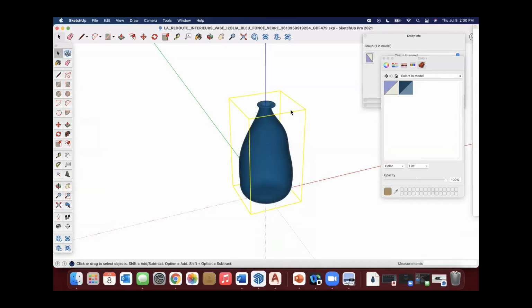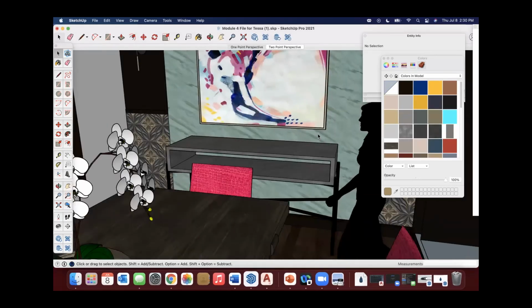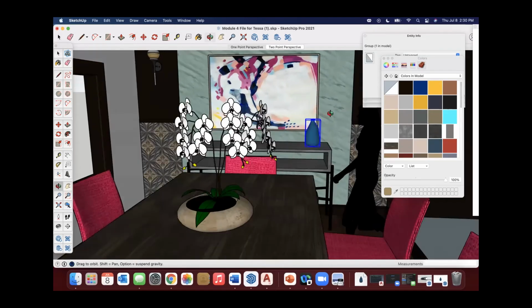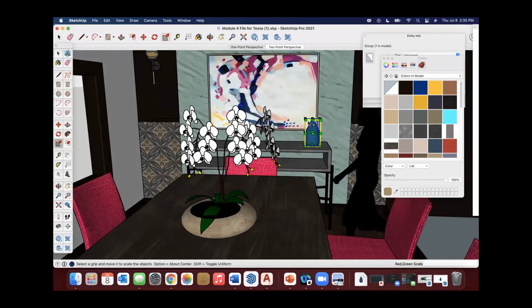Okay. Command C or Control C to copy, Command V or Control V to paste. And so I can play with this and determine, again, let's scale this maybe up a little bit.